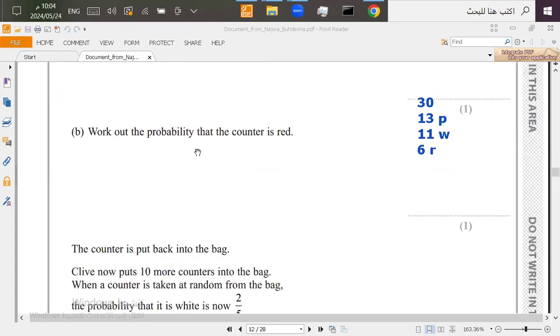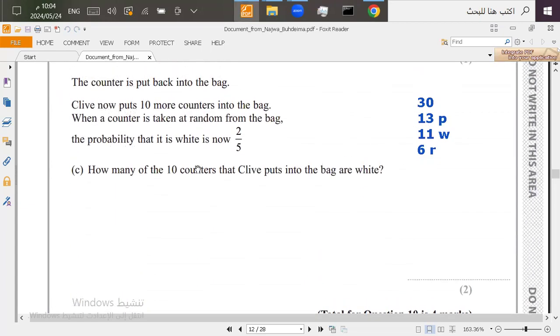Because this is very important. As we said, he puts 10 more counters into the bag to make these 40. So the probability will be over 40. So the fraction will be over 40. Now, we need to know how many of the 10 he puts will be white. Now, we already know that the white is 11. So the probability of white, let me remove it like this. The probability of white was 11 over 30. And I want to make it 2 over 5 now. I want to make it 2 over 5. To make it 2 over 5,